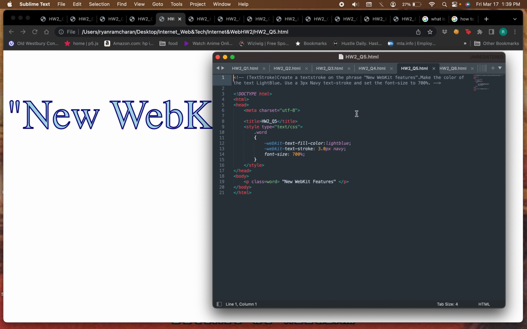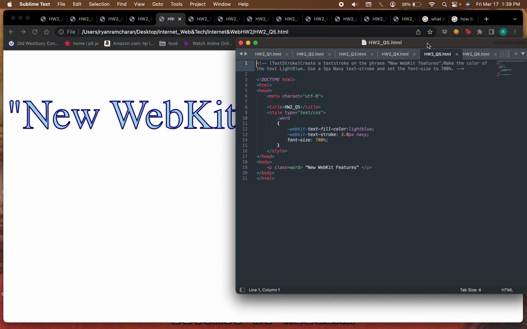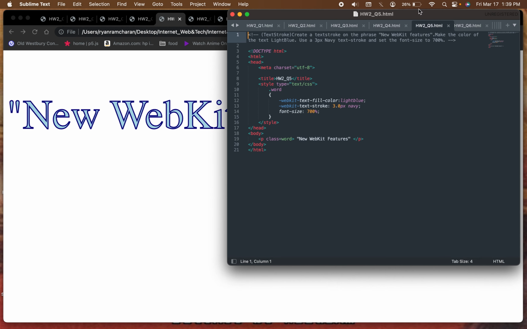So number 5 was to make a text stroke on the phrase new WebKit features. Make the color a light blue. Use 3px navy text stroke. And set the font size to 700. So what we did here, as again,